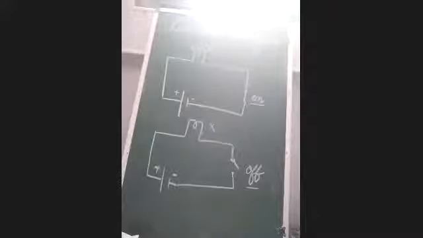He has made a working model of the structure. We'll see that also, and we will discuss the circuit diagram as well. I hope you all have done this much. Circuit diagram: this is on and this is off. Here the bulb will glow. Here the bulb will not glow.